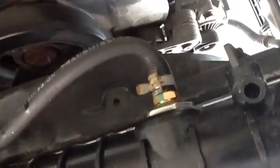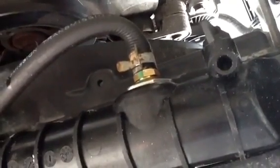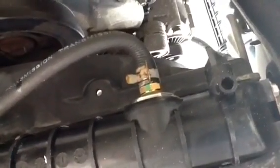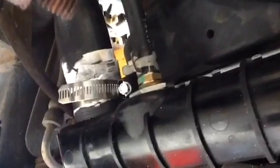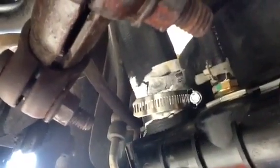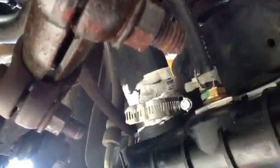There's one of the two connections going to the transmission. I had plenty of line when I cut the old one off at the connector. Again, mine has that type of clamp right there that's very easy to take off. I told you about the ones that have a more complicated connector. There is the other transmission hose going back to the transmission, going into the radiator. And then that's the new lower radiator hose connection there with a new clamp as well. And that's it